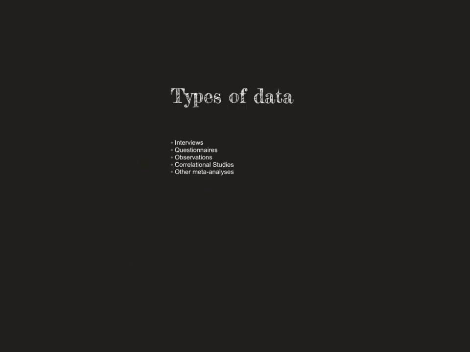So this means that they were secondary sources of data which they found using these methods. So there were interviews, questionnaires, observations, correlational studies and other meta-analyses. So like we said, they did not conduct their own research, meaning that they had no original experimental work to report on. So they were looking at the issue of happiness through interviews, questionnaires, observation, correlations and meta-analyses.